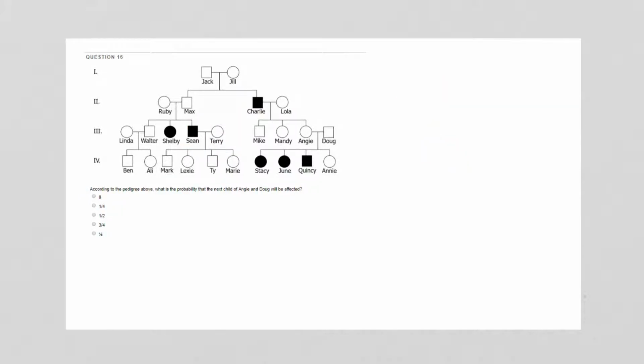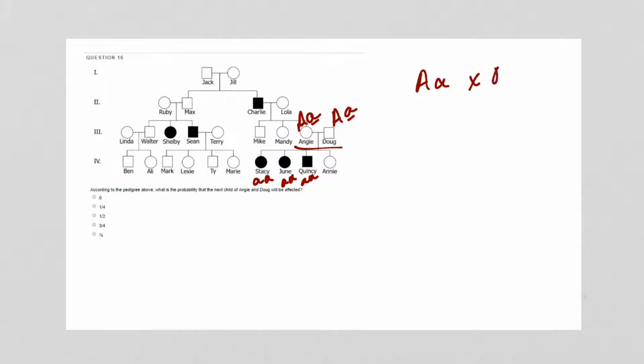Question 16, we're asking about Angie and Doug. If we look over here, Angie and Doug, they both are dominant looking. So we'd say they both have at least one capital A, but they have multiple children that are little a. Okay, so based on this, they must both be heterozygous or they both must be carriers. And then if we draw the Punnett square for them so that we can predict their offspring and what their genotypes might be,